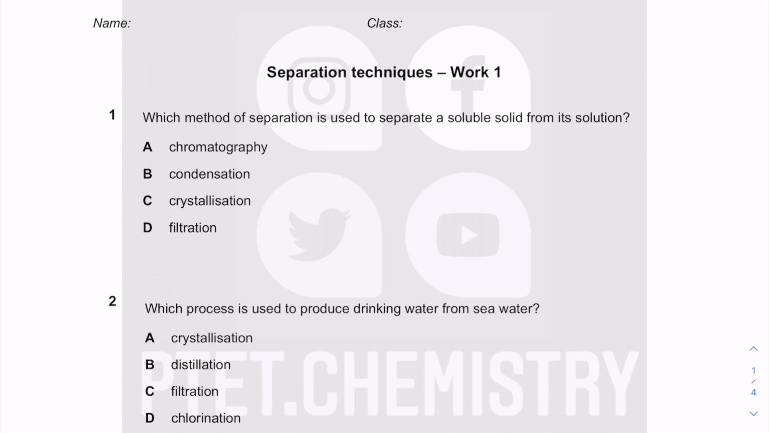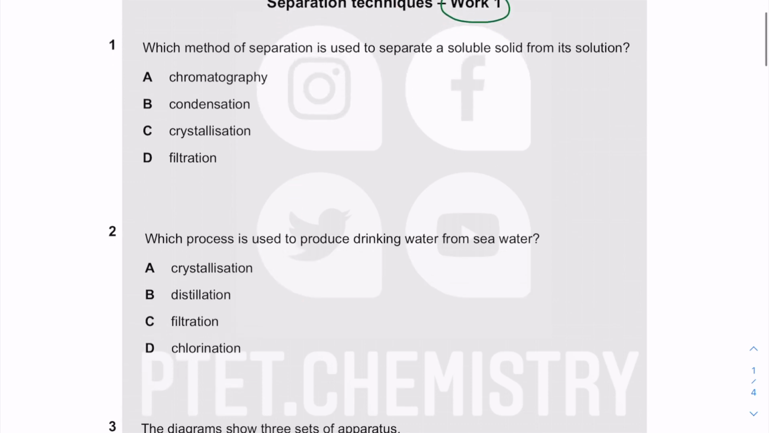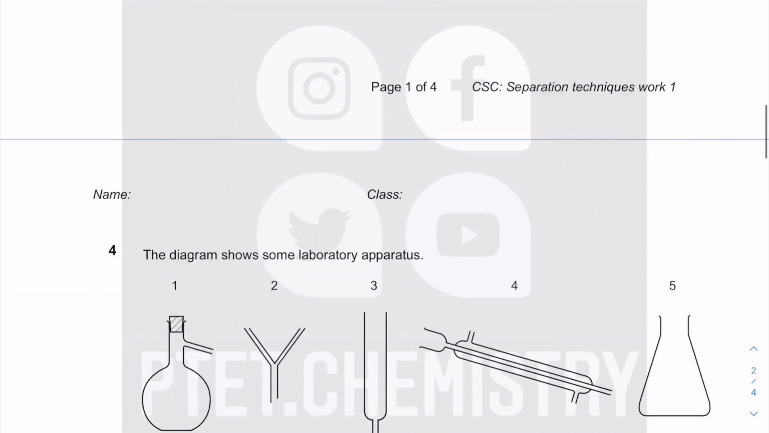So in this tutorial video, I'll be featuring work tutorials for Work 1, which is for the Combined Science CSE, Combined Science Chemistry 5129. This is on separation technique. I already had another work solution, which is the tutorial video on chromatography specifically. So I'll just be going through page 1 to page 2 of the work that has already been